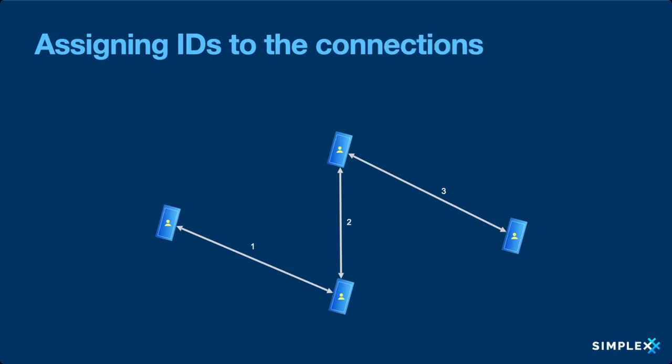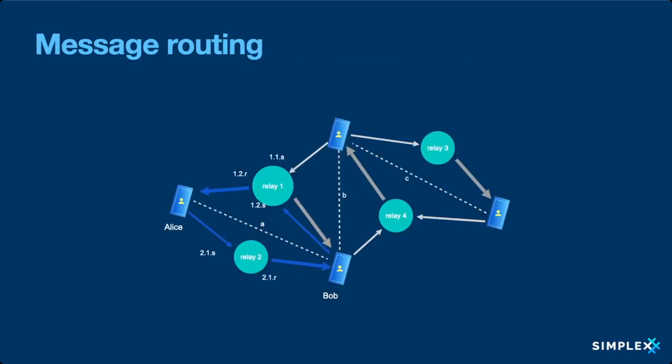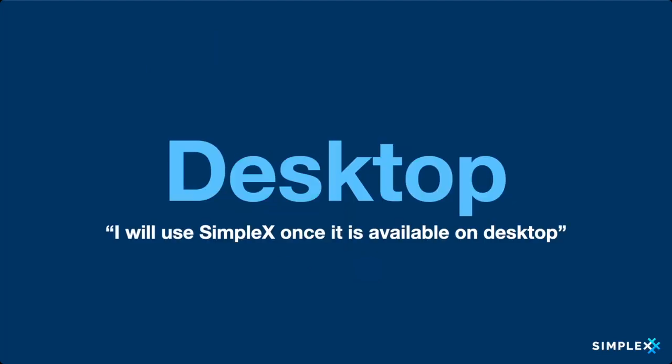We assigned identifiers to connections between users, and that makes it much more private because these connections can be temporary and they don't identify the users, and you can't even see how many users are on the network. And obviously the design is a bit more complex. That's how the network looks. There are multiple relays. In each conversation there are 2 relays for messages in different directions, and that's pretty much how it works.